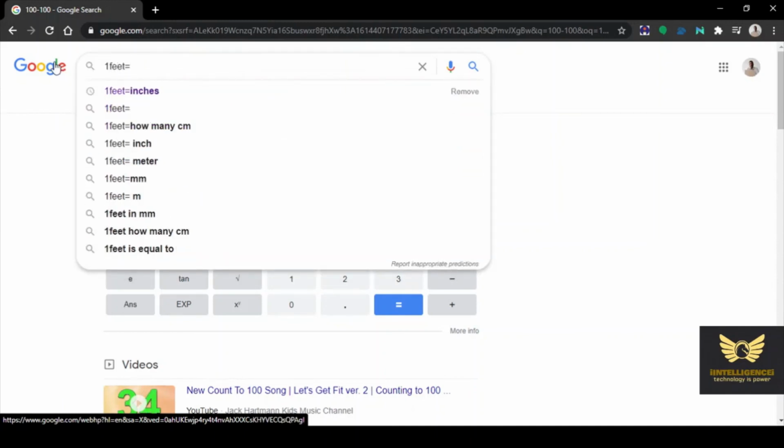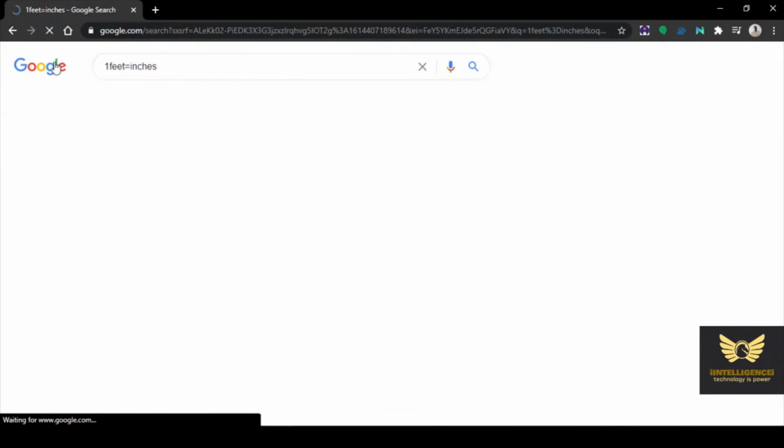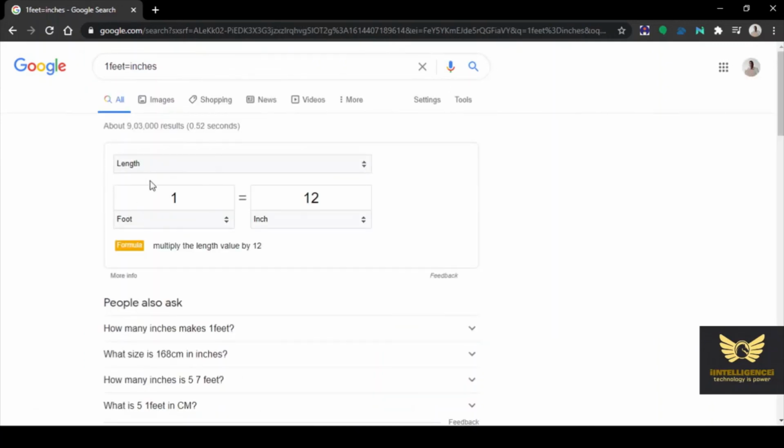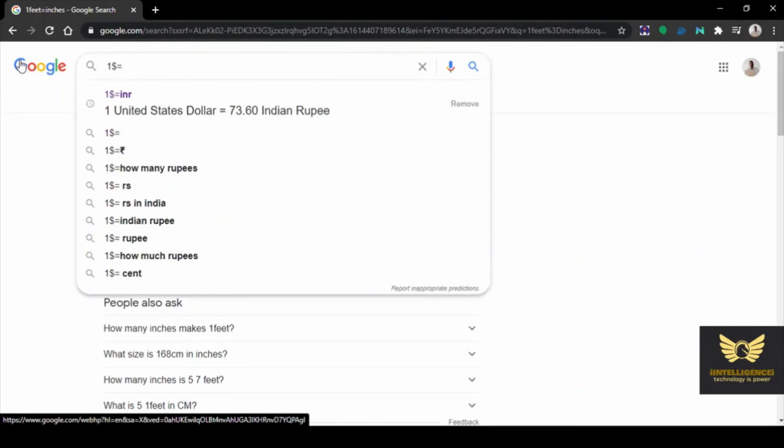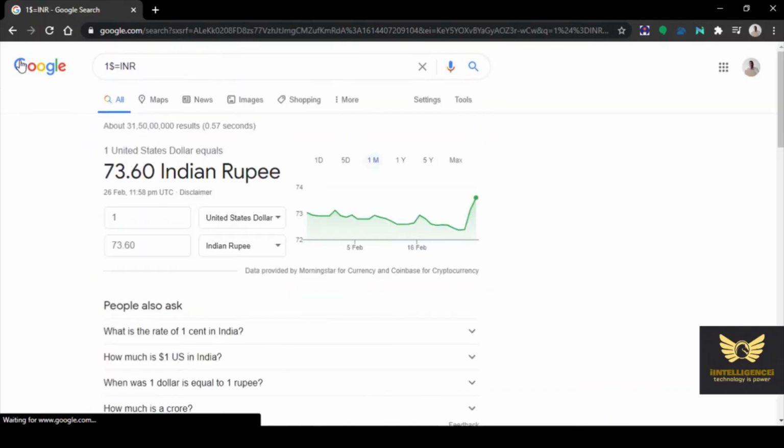Then you see 1 feet equal to inches. Press enter. It will display the output. 1 feet equal to 12 inches. Okay. Similarly, $1 equal to INR. Press enter. It is 73.6 rupees, as on yesterday, that is 26th February.